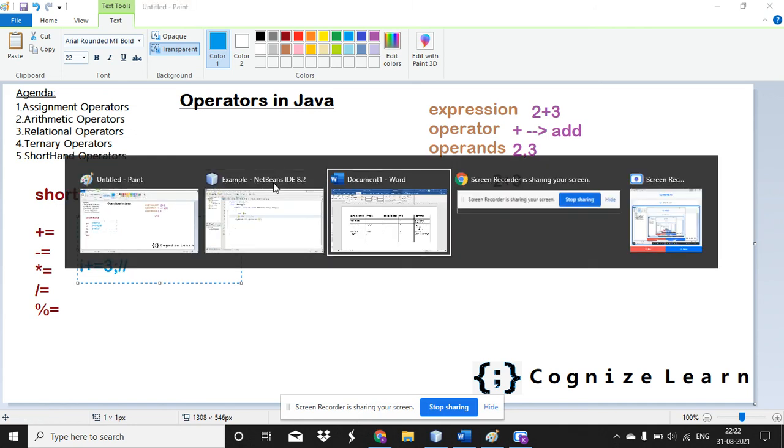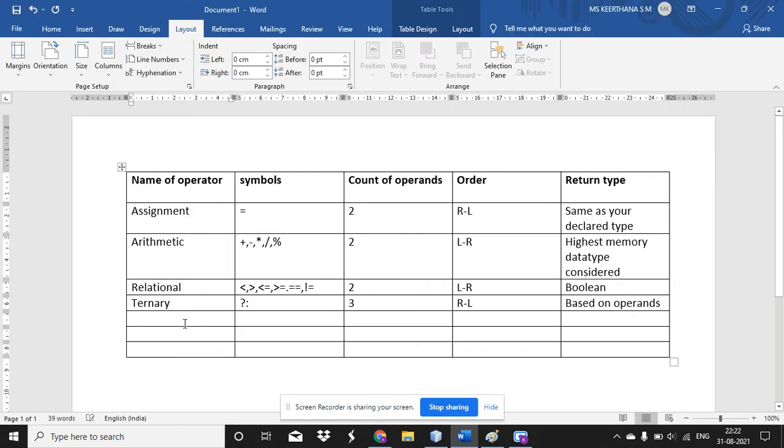Okay. And we have to fill this shorthand operators table. It is always the arithmetic symbol plus your assignment operator, so plus equal to, minus equal to, star equal to, slash equal to and percentage equal to. And what is this?